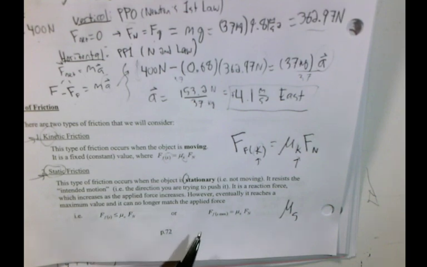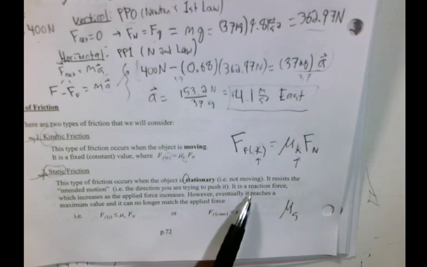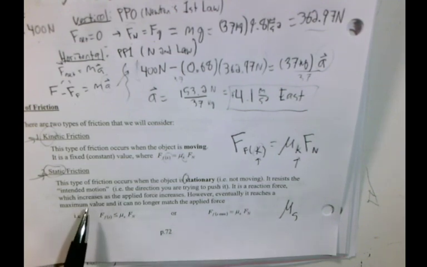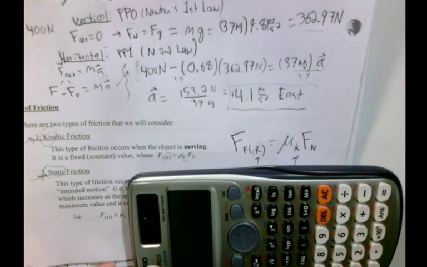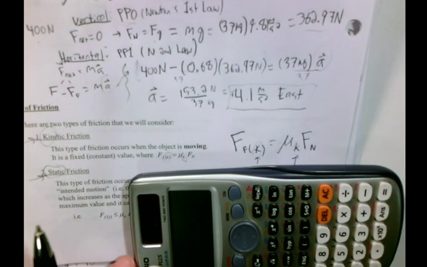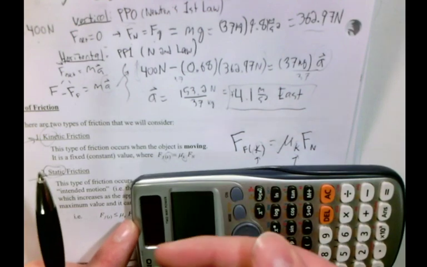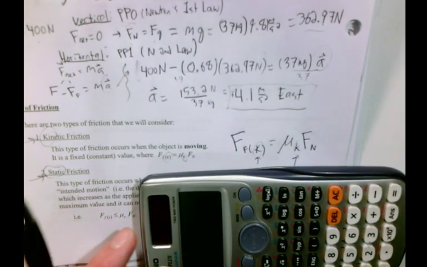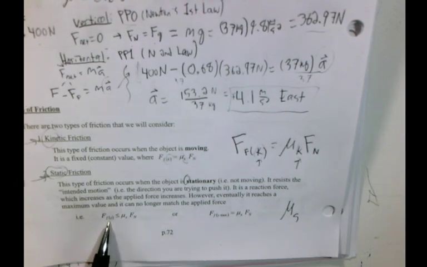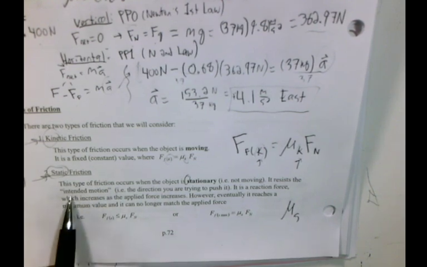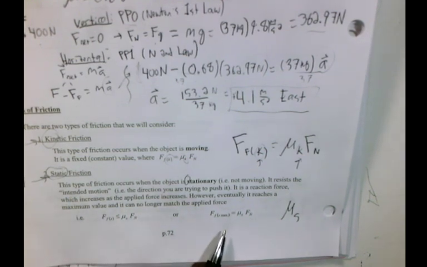It's a reaction force, right? Just like Newton's third law, equal and opposite reactions. And it increases as the applied force increases. All right, what that means is as I push harder and harder, this static friction will be resisting more and more and more until it finally starts to move. So the static friction isn't constant. It's not a fixed value like kinetic. It'll increase, right, as more force is applied to it, up until the point where it can no longer resist the intended motion. Then it'll start to move, and we will have this new